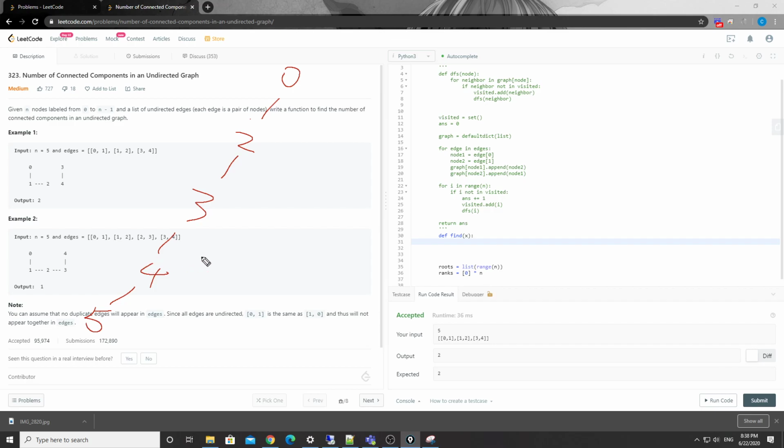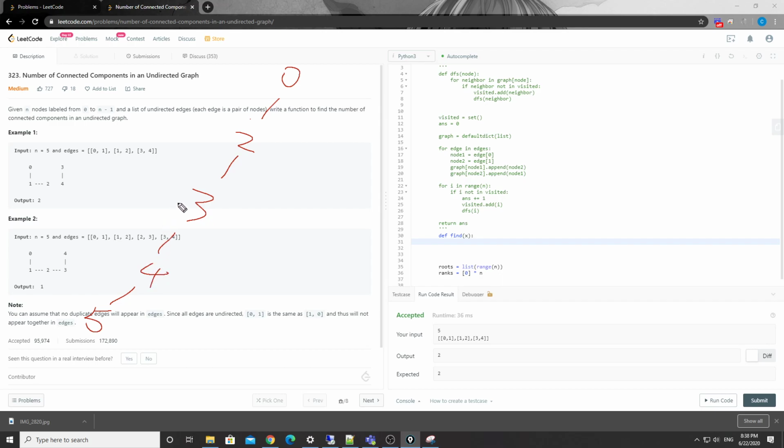If we try to find 4, we just keep going back. But there is an improvement we can make here. It's called path compression. So what do we do here? As you can see, during the find,